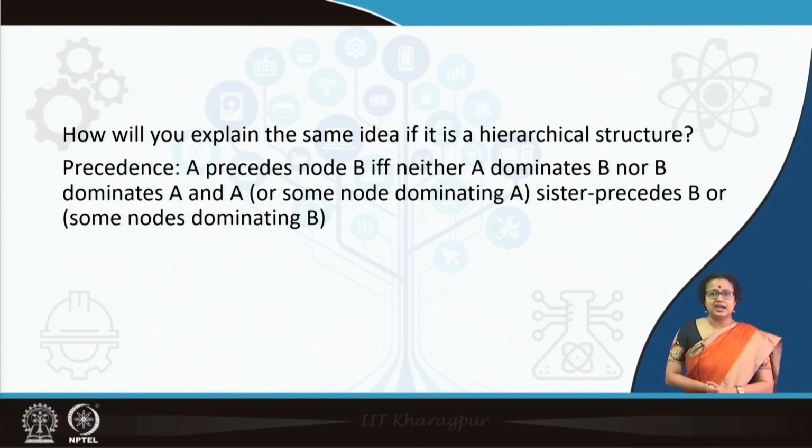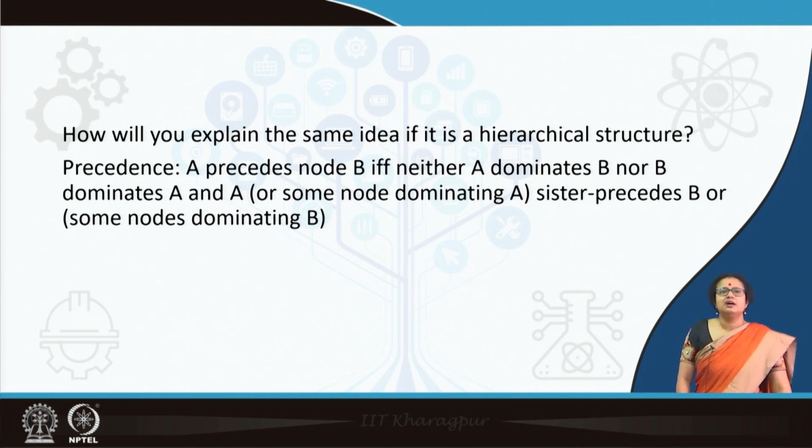So, at this point I am asking you to think about the explanation of a similar rule in terms of a hierarchical structure. So, M goes to A and B, this is a linear order that we are considering for discussing the idea of precedence, and we will have a revised and better definition of precedence now. But before that, how will you explain the same idea for a hierarchical structure? If you say M goes to A and B, if you can quickly draw the tree where M is basically dominating A and B, right. You can talk about more notions.